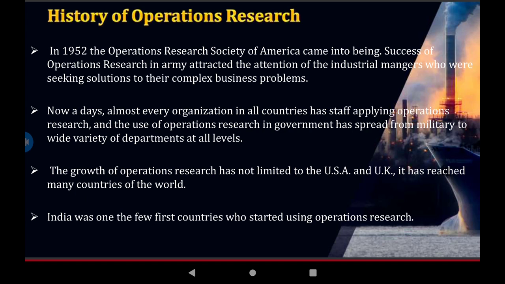government and private sectors, the government sector and public and private. Okay, all the large businesses and organizations use operations research very critically to solve managing problems and others, in government and other areas, from the military to a variety of departments and levels. Some of the different departments and some of the biggest organizations,